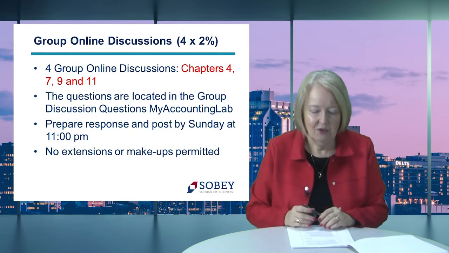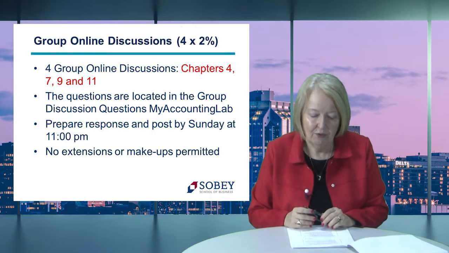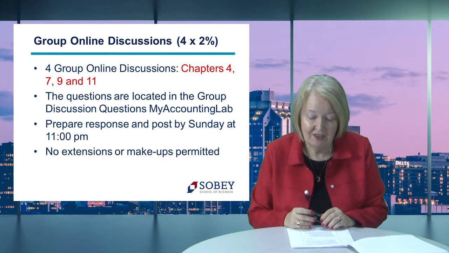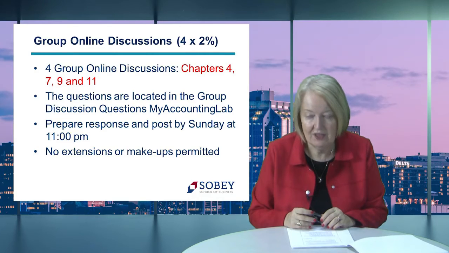So next I'm going to give a brief overview of the group online discussions. Those are the discussion boards, and they're worth 2% each, and we have 4. They cover chapters 4, 7, 9, and 11. The questions themselves are located in the group discussion questions in My Accounting Lab, and you have to prepare